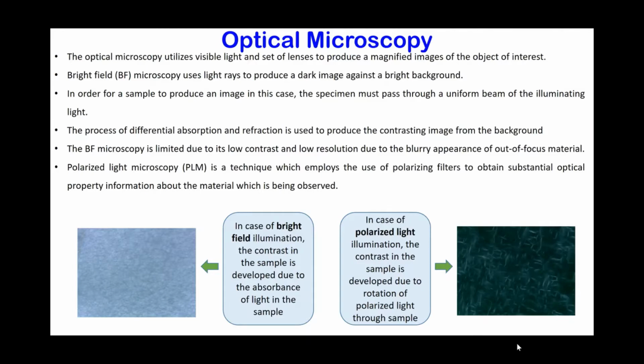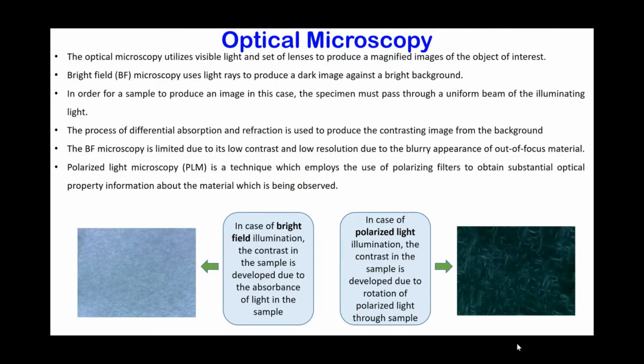This can either be through the solid objects in the case of bright field illumination, or it can be around the sample, which is usually seen in dark field. In many cases polarized light is used, and this is to study the crystal orientation or the crystal packing inside the system.